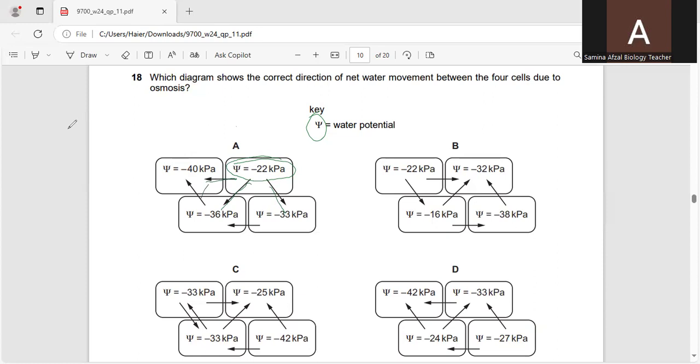So it means water is moving from this, and this. It means it is, and then second highest, this one from here is moving water, and lowest is this one. Now in the second picture, so it can be a correct option. Now move towards the B, and here you can see the water is moving from -16 towards the 32 and 36,